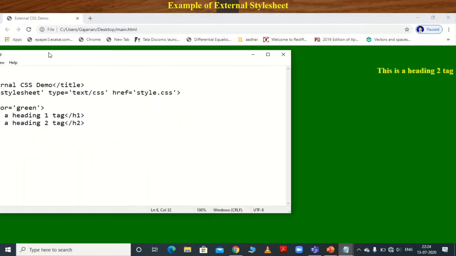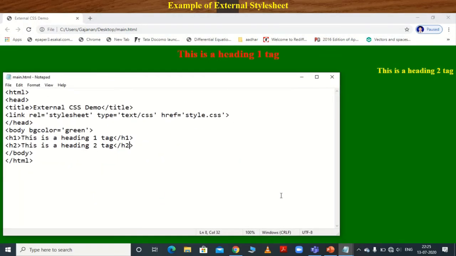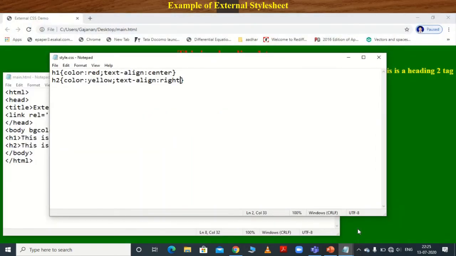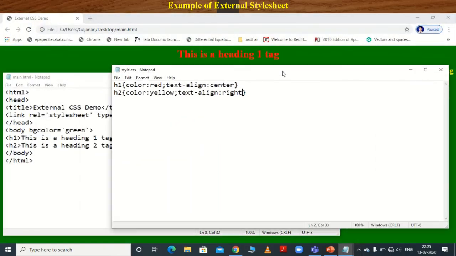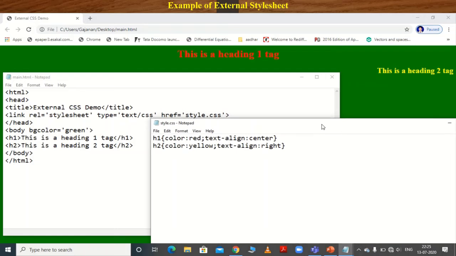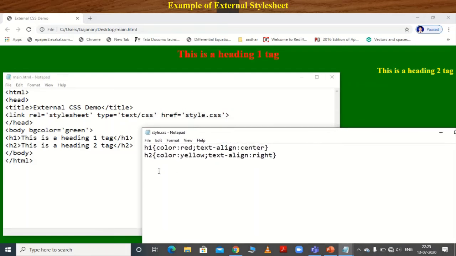This is your main page, clear, and this is your style page, style.css. So just observe here, when we add the h2 tag, then the properties of the h2 tag are also applied in our main HTML page.